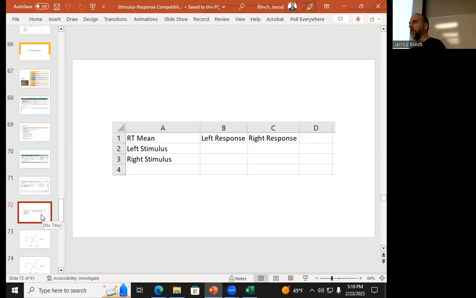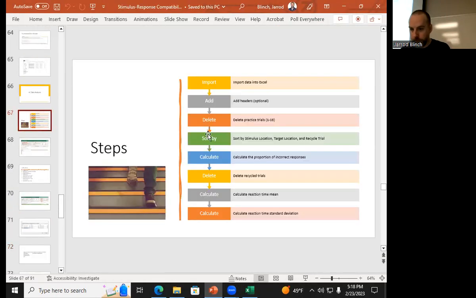We'll come back and look at the contralateral block in a moment. Let's look at our steps here. We kind of skip this because we have 0 here, but we'll look at it for the next. Now, if there were any recycled trials, we can get rid of them because we know how many incorrect presses we made. Now we just want to measure reaction time mean and standard deviation for all the correct non-recycled trials. We don't need to do this step because we didn't have any, but we do need to calculate